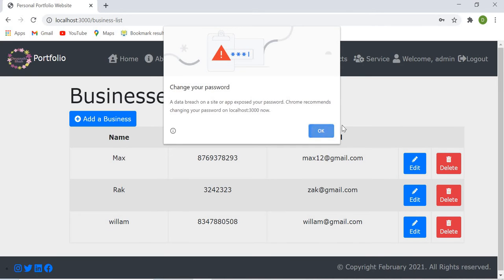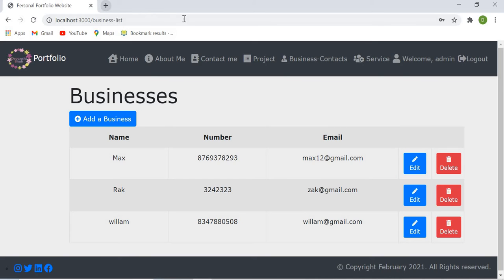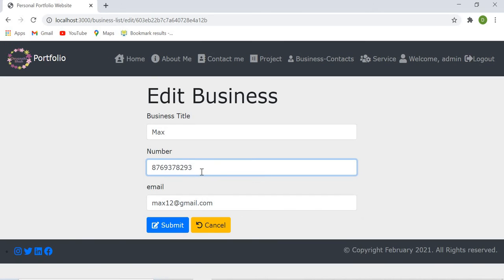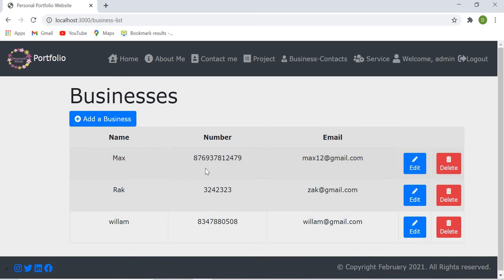After logging into this website, on the business list page, the user can see all the information about the business contacts, like the name of the business contact, the number, his email, and also the user can edit the information, like if we want to add a different number and once we click on the submit button, then the number seen here is edited.